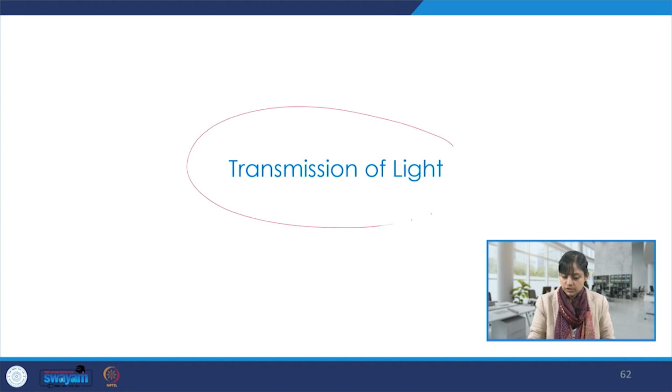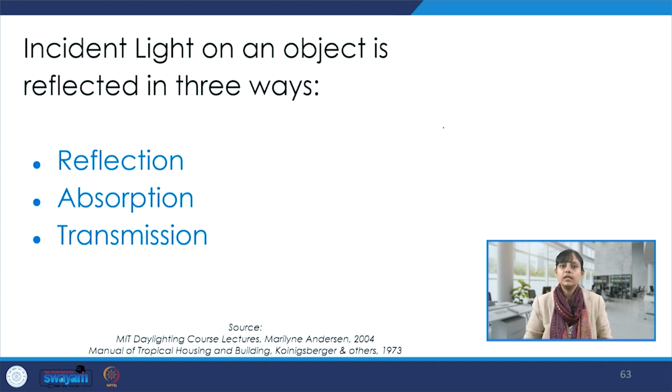Let's see transmission of light. And why we are talking about this is because there is a lot of use of glass and glazings in our interior design projects. And we have to understand important concepts like reflection, absorption, transmission, and which kind of glazing or glass is appropriate for our projects, and how the transmission of light occurs through different kinds of material, particularly glass, that we use quite heavily in